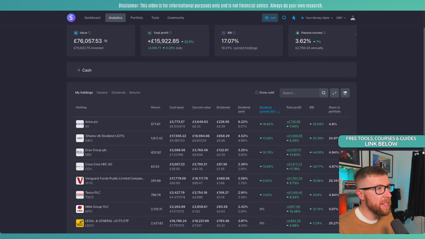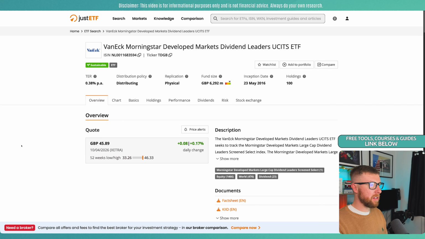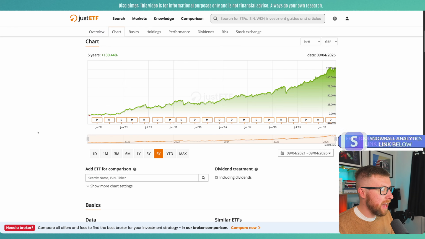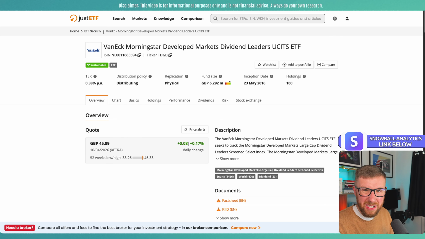It will make life a bit easier because I think people don't do that, and that becomes a bit of a problem. I've had funds in the past that I really liked, like this one, for example, as you all know, TDGB. Brilliant fund, but the withholding tax was an issue. Investing isn't about finding the perfect ETF, realistically. It's about sticking to the plan for long enough and understanding that consistency, with it being in an ISA, for example, as well, and the long-term mindset, it makes sense. With this fund, as much as I loved it, I was losing 15% of the dividend, which made it harder to manage, because I'm losing a lot of that income.